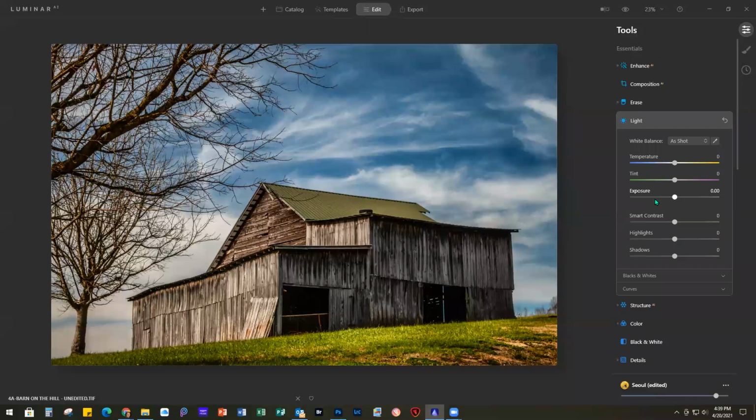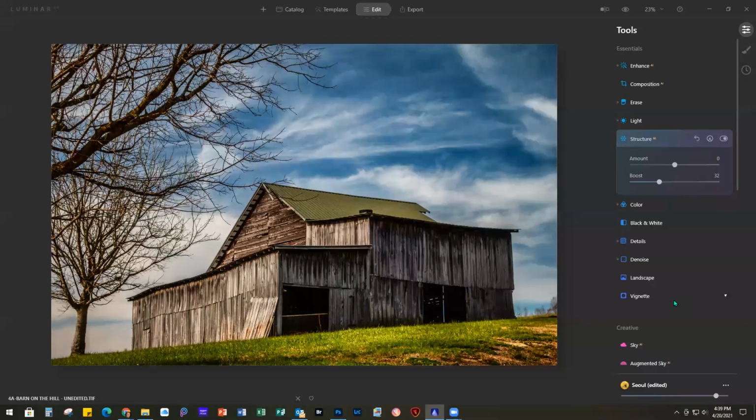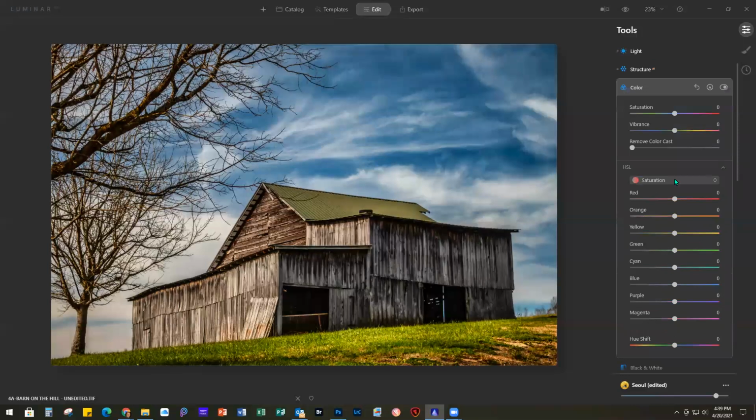All right, so we'll go to light, smart contrast, 18. Highlights, we're going to bring down a little. Shadows, we're going to bring up, open up the interiors a little bit. Then we're going to go to our structure, amount 22, color, come down to my HSL, and I want saturation. I'm going to bring,